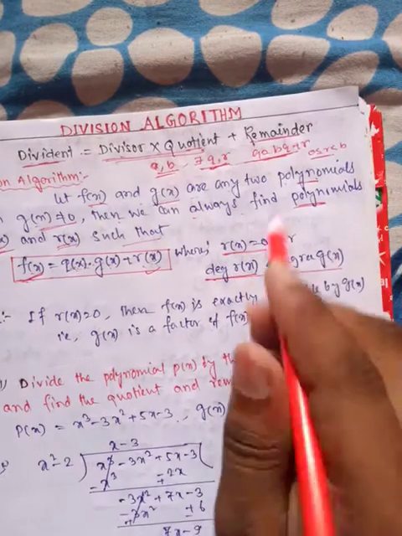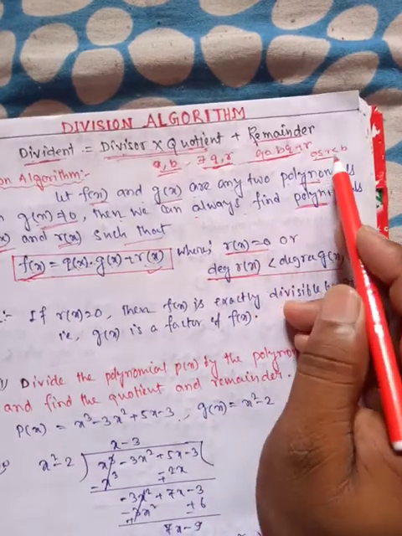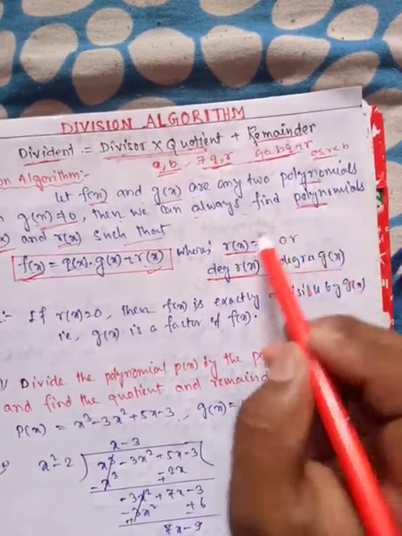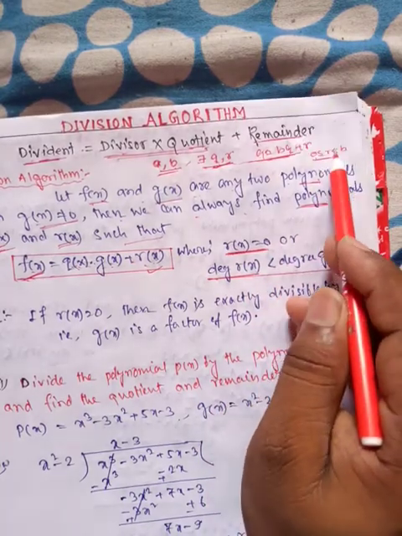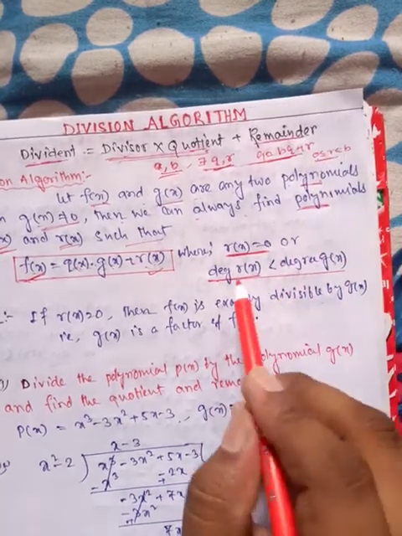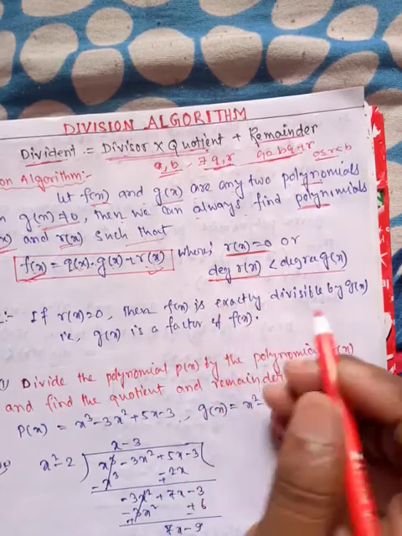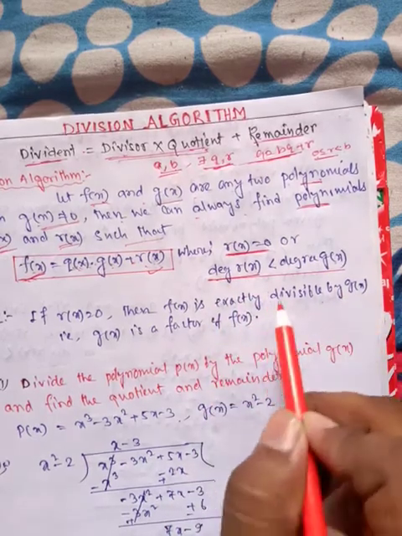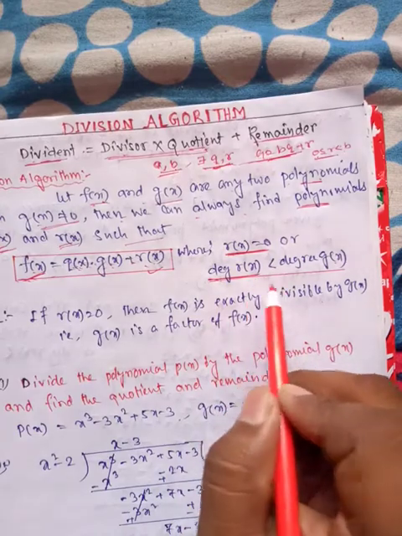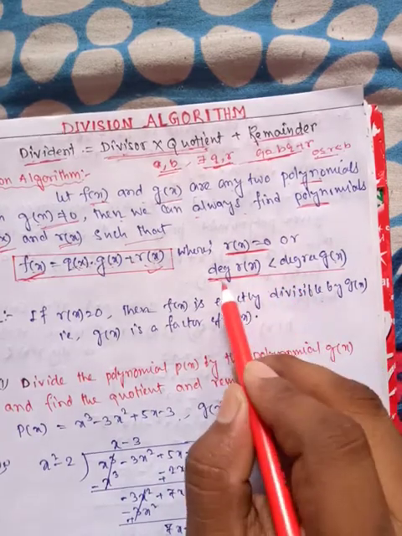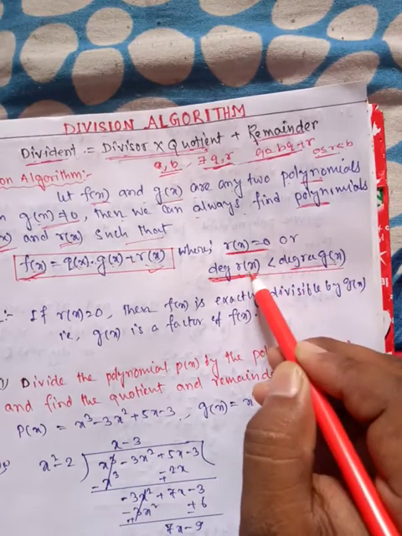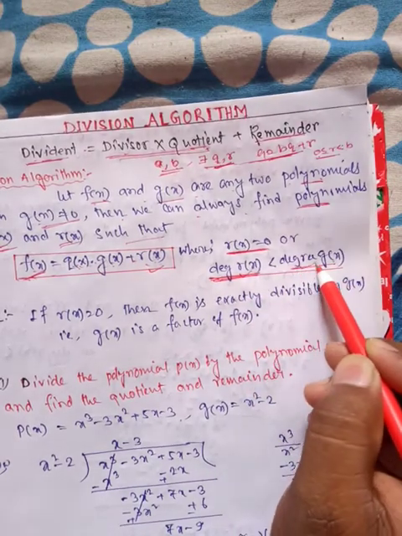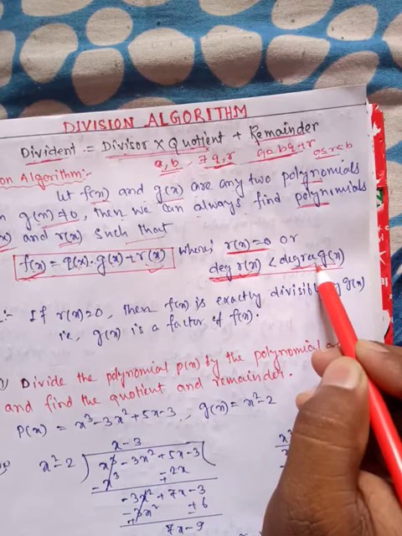And there it was 0 less than or equal to r less than b. That means r may be 0, here r(x) may be 0. There it is a real number, that's why we have written r less than b. But here as it is a polynomial, you cannot say which is greater or bigger, but you can compare the degrees of polynomials. So degree of r(x) should be less than degree of g(x). That means degree of remainder is always less than degree of divisor.